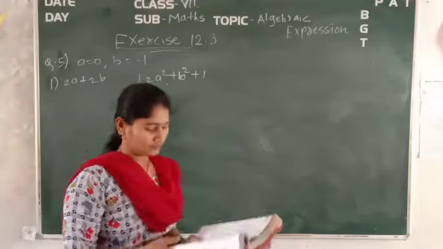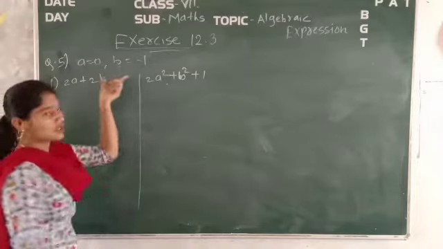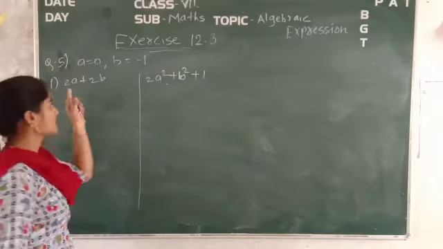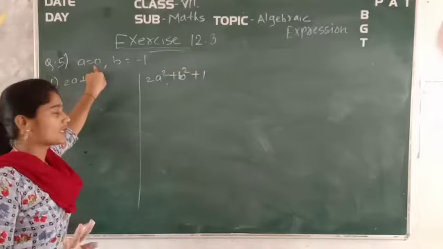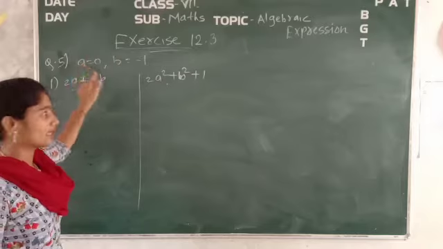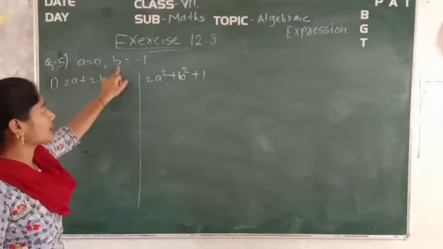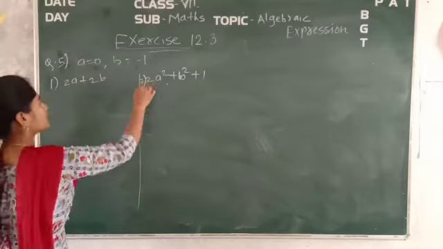Okay. So see, now we will calculate this. Same questions are there like question number 4. This is also the same question. Only the values of the variables are changed. There, a was equal to plus 2 and b is equal to minus 2. But here a is equal to 0 and b is equal to minus 1. So put these values within the expression to find out the value.